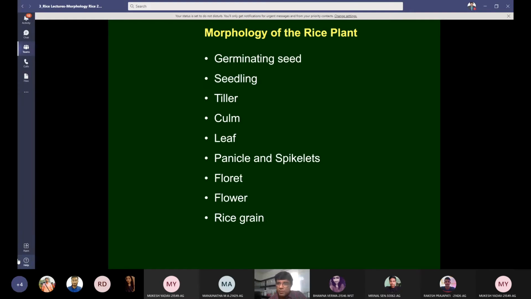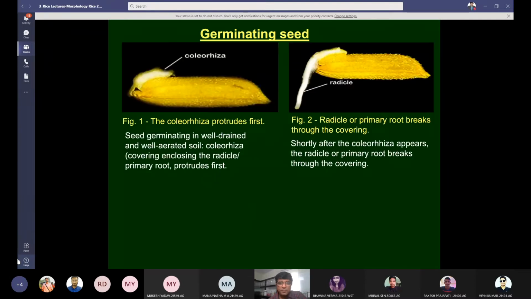So we will see the morphology of germinating seed, then seedling, tiller, culm, C-U-L-M, which is the stem of rice, leaf, panicle, which is the inflorescence of rice, and spikelet and floret. Floret is enclosed in the spikelet. So spikelet contains floret, and floret contains flower, and then rice grain.